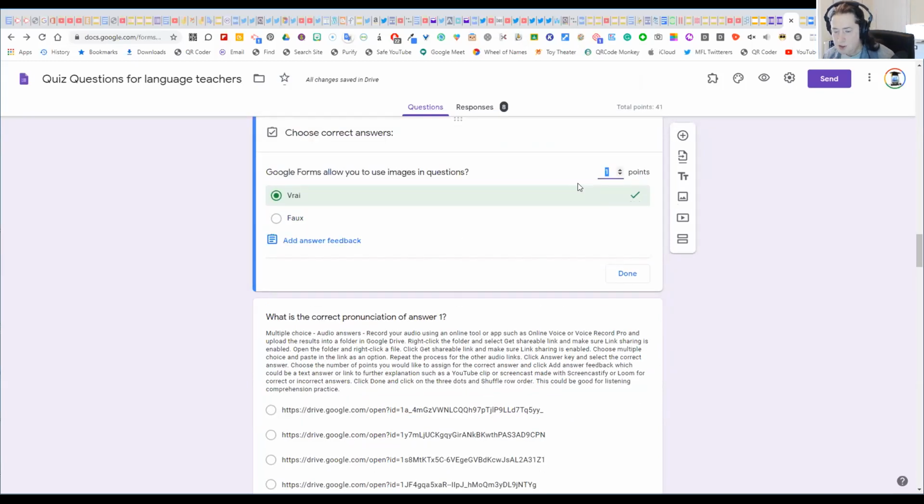And don't forget, each time that you do this, you need to assign a point or number of points for each question. That's an easy mistake to make. If you don't assign the points, then it won't work. So you need to decide how many points you want to add for each question. For all of these, I've just given 1 point for the correct answer, and all the answers which are not deemed correct, for example they don't match what I've said is the correct answer, will be marked as incorrect, although you can put alternative answers in as well. So if I click done,